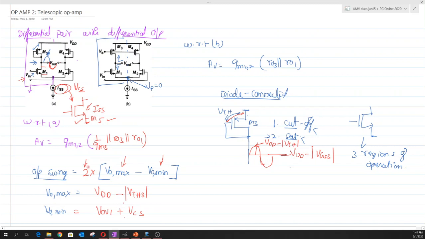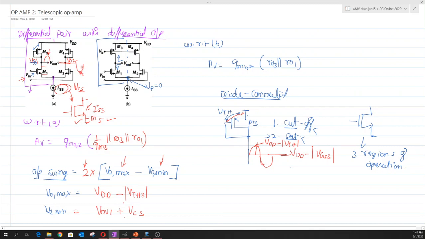The reason is that when we apply an antisymmetrical input, the outputs will also be antisymmetric. So when there is a positive peak across one of the nodes, the other node, which we label VO2, and this node VO1, behave oppositely. Across VO1, when we have a maximum swing, VO2 will be antisymmetric, which means that it will have